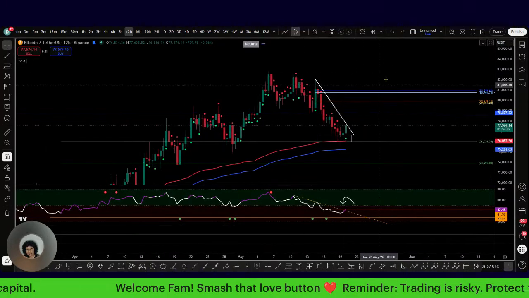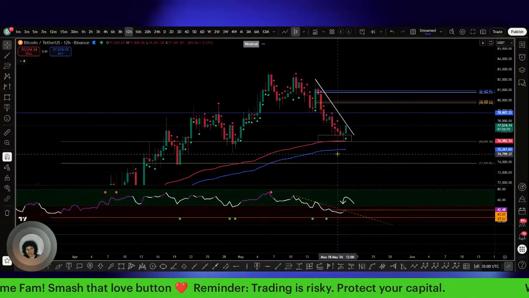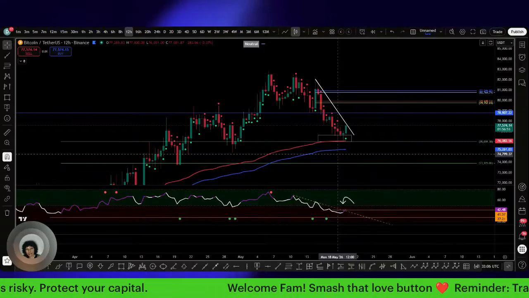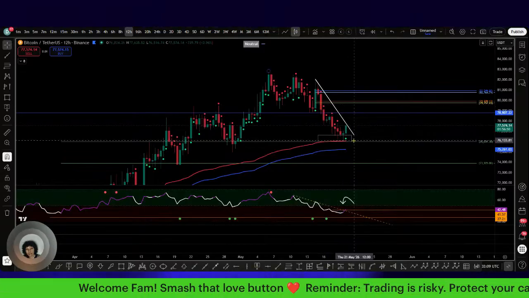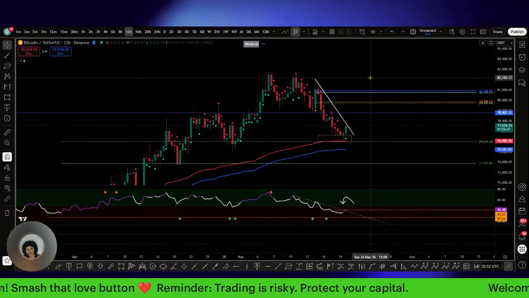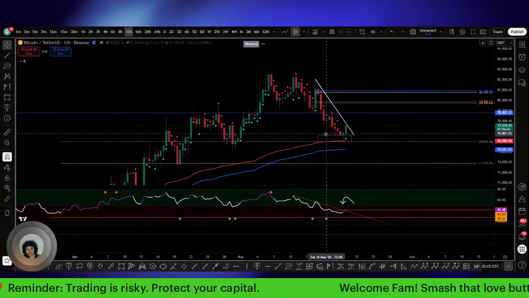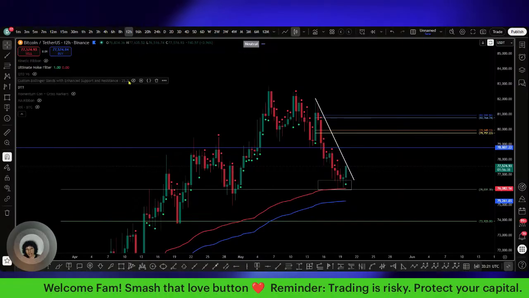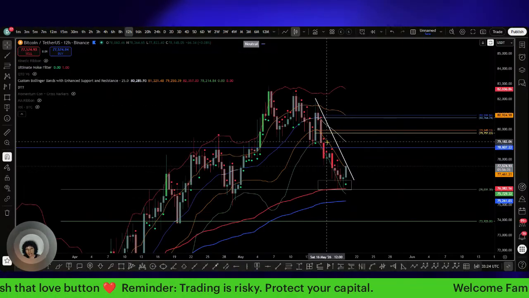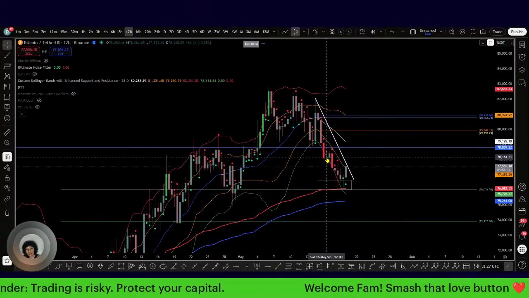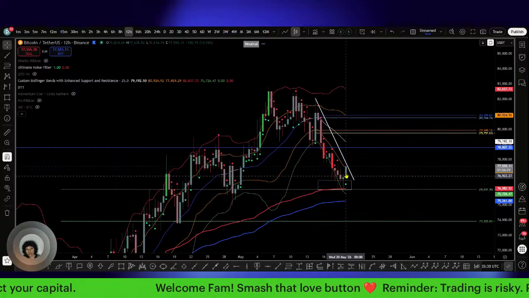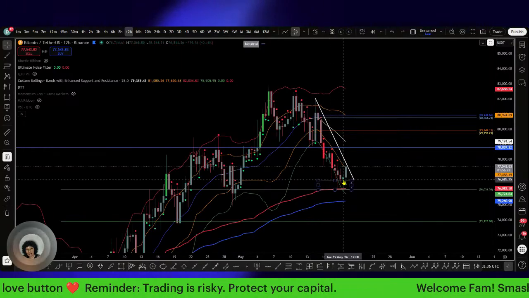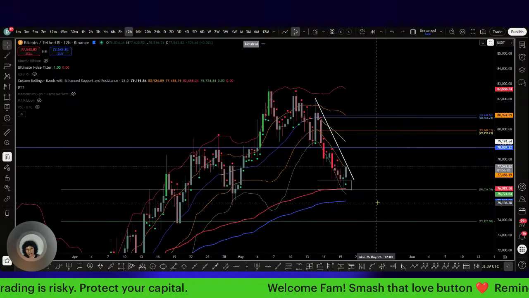And the reason why I did that also is because we were still consolidating between standard deviation 1 and 2 on the Bollinger Bands. So it was important for me to do that. I really want to see us actually break out and above here for clarity that we're actually leaving the trap. If you don't know what I classify as the trap, it's exactly what I said, where you consolidate between standard deviation 1 and standard deviation 2, and you just continue to do that. So standard deviation 1 can be treated as resistance, and you can just do this back and forth, and keep doing this back and forth, going down.